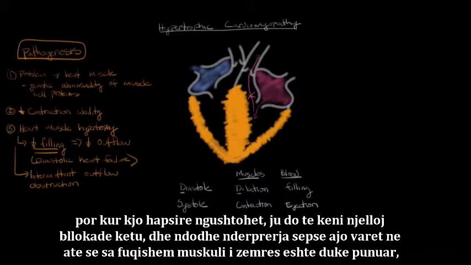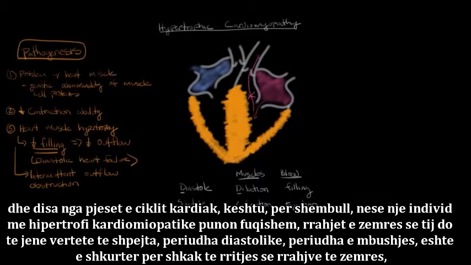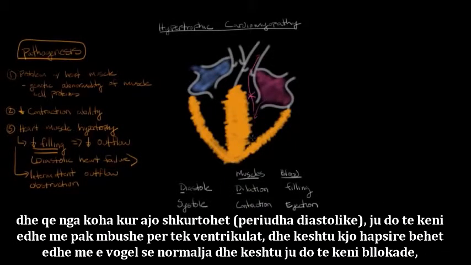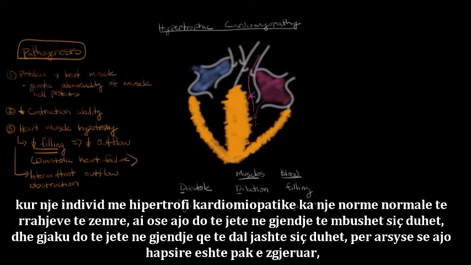And it's intermittent because it's dependent on how hard the heart muscle is working and certain parts of the cardiac cycle. So, for instance, if an individual with hypertrophic cardiomyopathy is working really hard and their heart rate is really fast, the diastolic period, that filling period, is shorter due to the increased heart rate. And since it's shorter, you have even less filling into the ventricle, and so this space is even smaller than normal. And so you get intermittent blockage